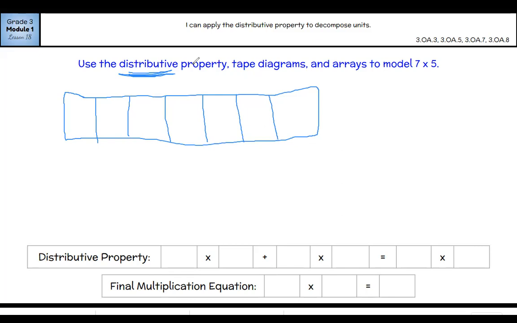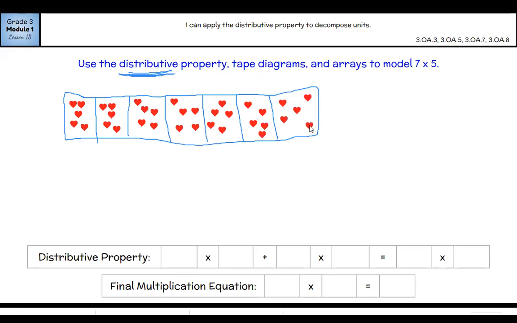And then I'm going to put 5 in each group. 1, 2, 3, 4, 5 in each group. Okay, so if I want to break apart this problem to make it into 2 easier problems to solve,